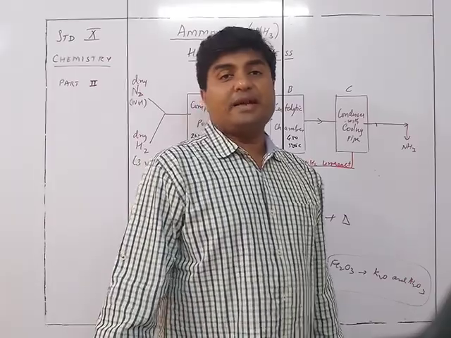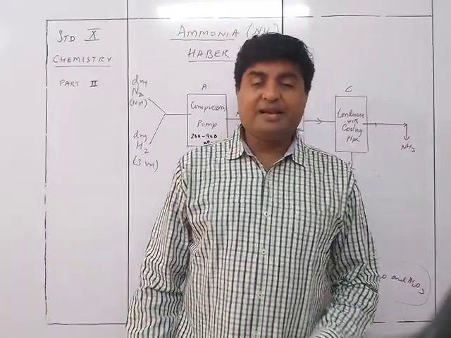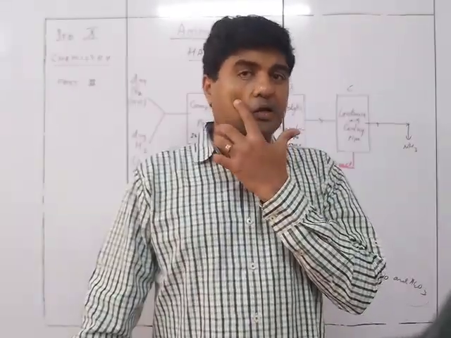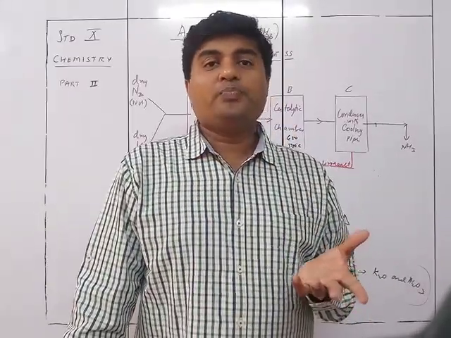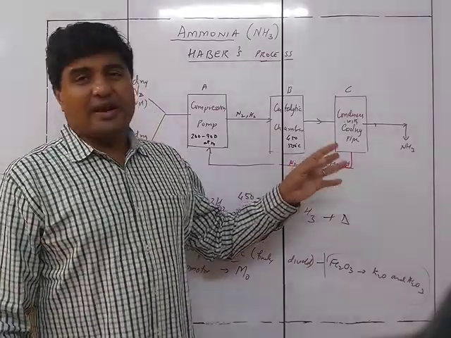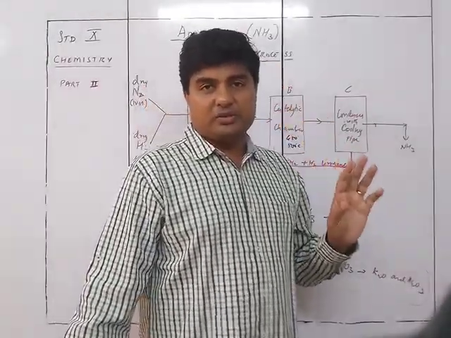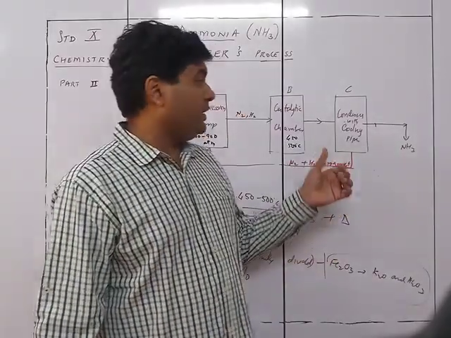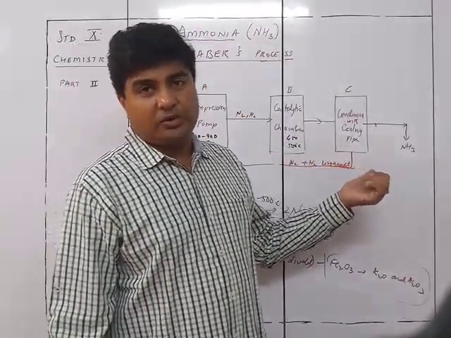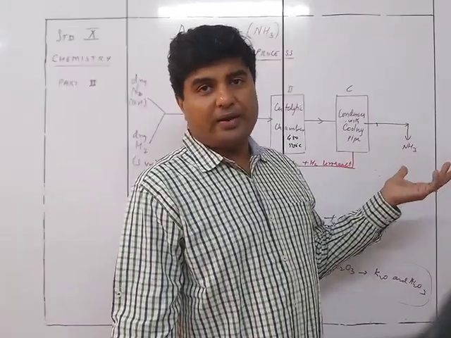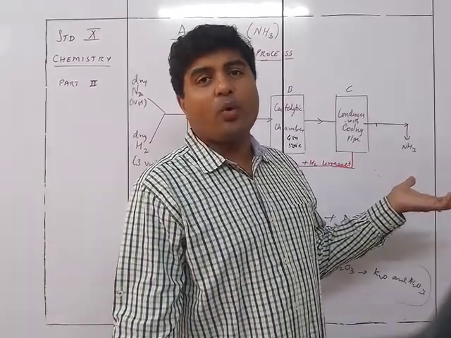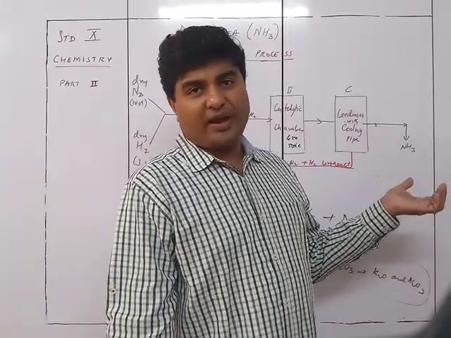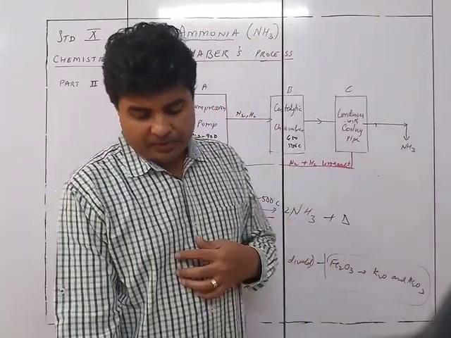Another thing is that ammonia is easily liquefiable. You can easily liquefy ammonia at minus 33 degrees Celsius at a low pressure of 8 atmospheres, whereas nitrogen and hydrogen liquefy at very, very low temperatures, minus 100 something. So we have another option: if I want pure ammonia gas, not ammonium hydroxide, if I don't want to add water to it, then I may go for liquefaction instead of dissolving in water.